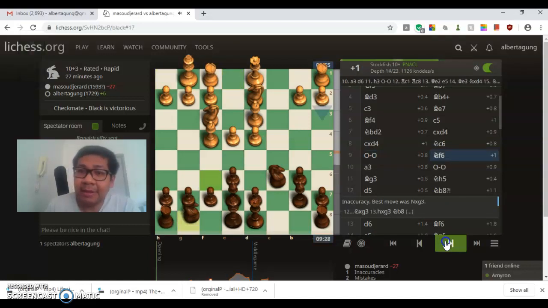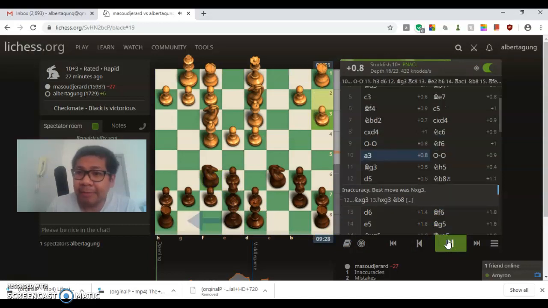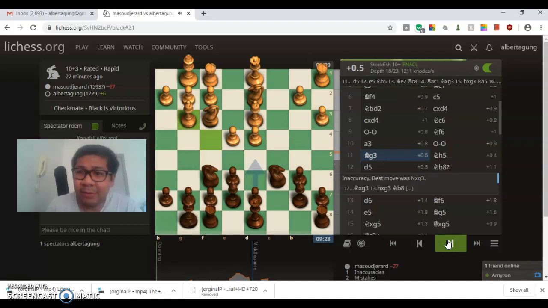Knight goes to f6 first, before castling kingside finally. a3, not really sure why a3 is moved there. Castling kingside. Bishop goes to g3, probably just to go back. I'm not really sure what the idea is, but yeah, let's just have it. The bishop is actually cornered there. I just move my